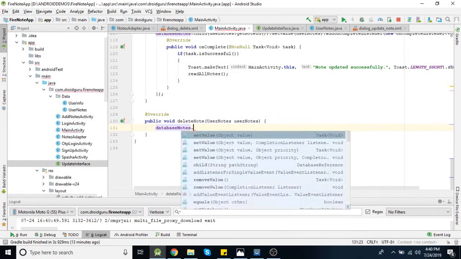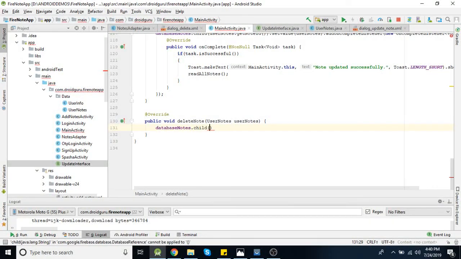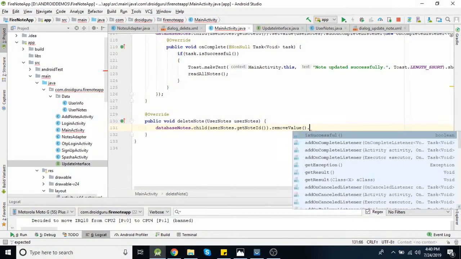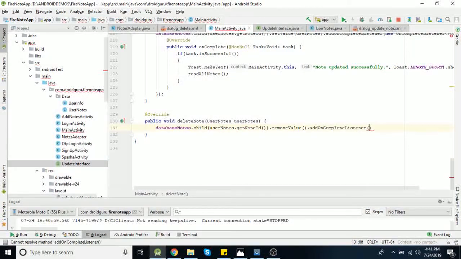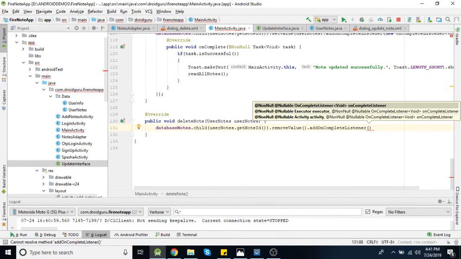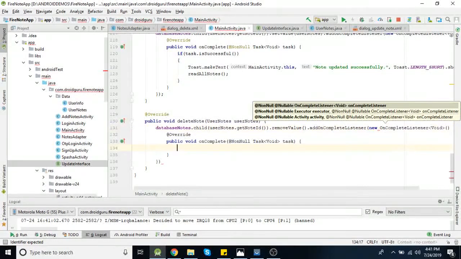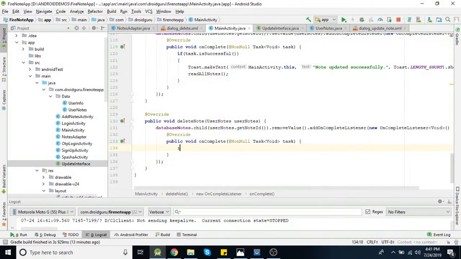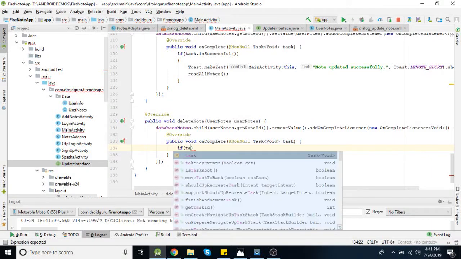So database nodes dot child user node dot get node ID dot remove value. And similar to previous functions, we'll also add a completion listener here. So completion listener, here you can check the status of this task.